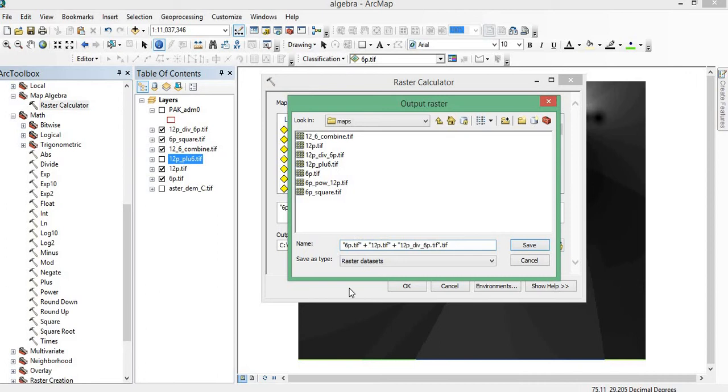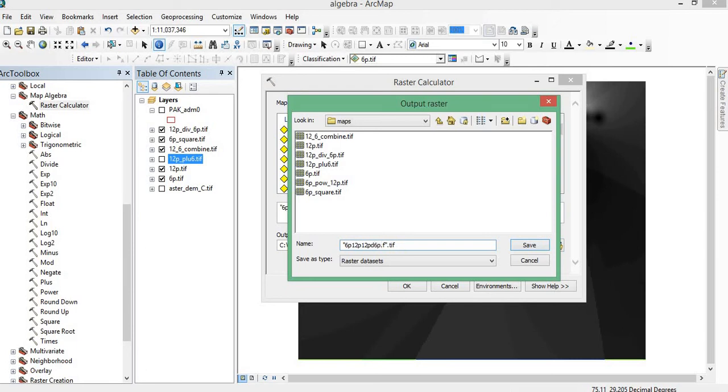So this image is 6p, 12p, and 12p underscore divided by 6p dot t.